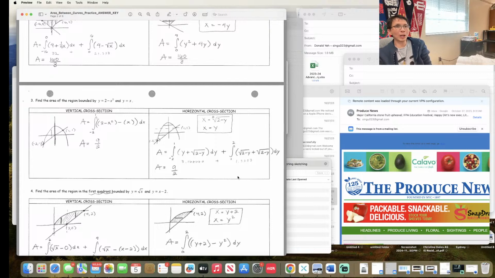Okay, so I'll show you the solution, but there is some question. It's better to do it in y rather than in x. So